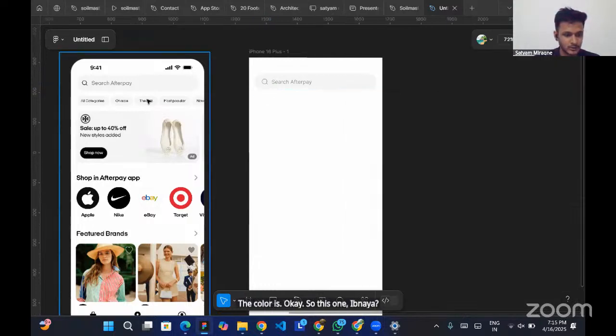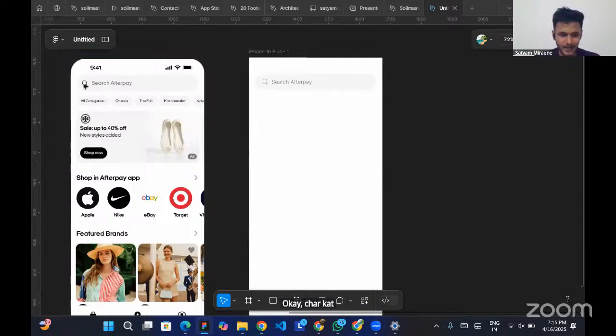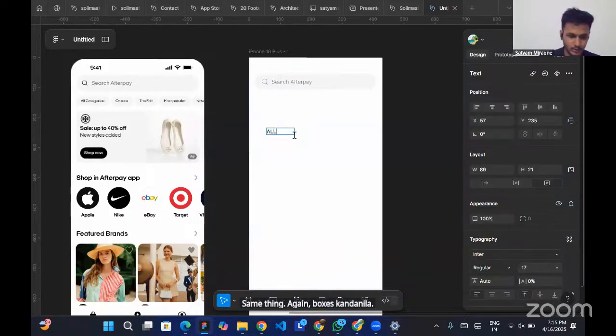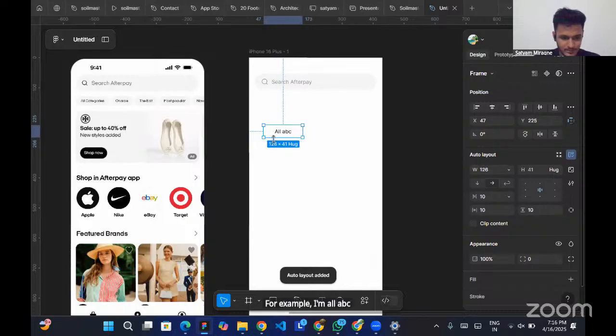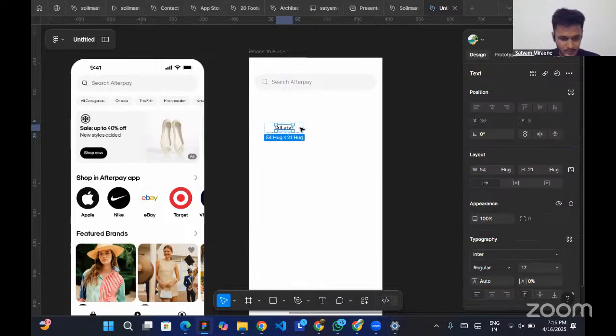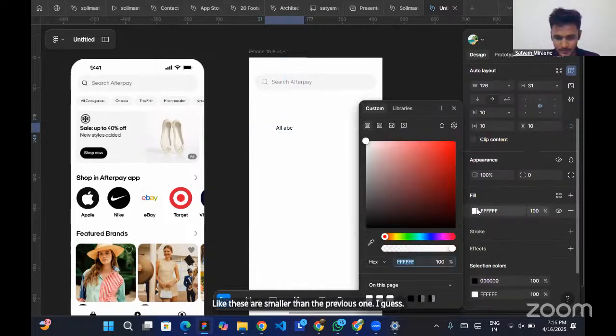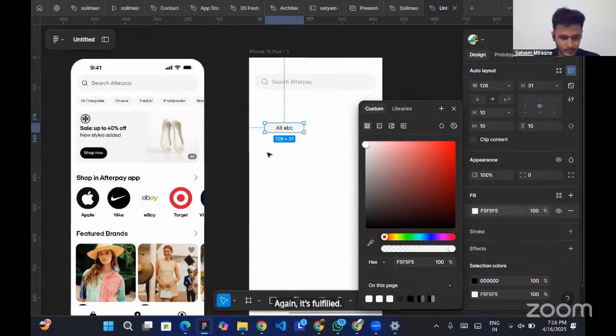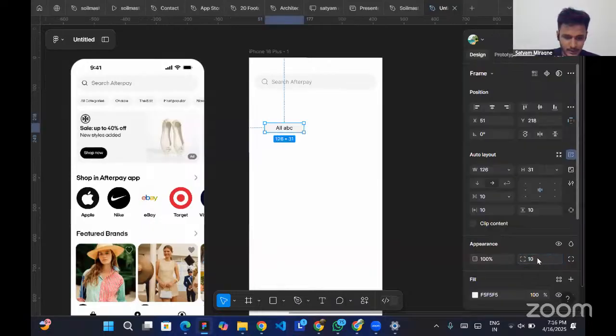अब यहाँ पर क्या है, 1 2 3 4, ओके 4 कार्ड्स हैं यहाँ पर। सेम थिंग, अब मैं अगेन ये बॉक्सेस बना के उसके अंदर नहीं लिखूंगा, पहले मैं लिखूंगा ऑल, ऑल क्या लिखा है। फॉर एग्जाम्पल हम लिखते हैं ऑल ABC। ऐसे हम लोग 3 कार्ड्स बना लेंगे, लाइक दीज आर स्मॉलर देन द प्रीवियस वन। इतना है आई गेस। हम अगेन इसको फिल, तो शायद से 10 का है।